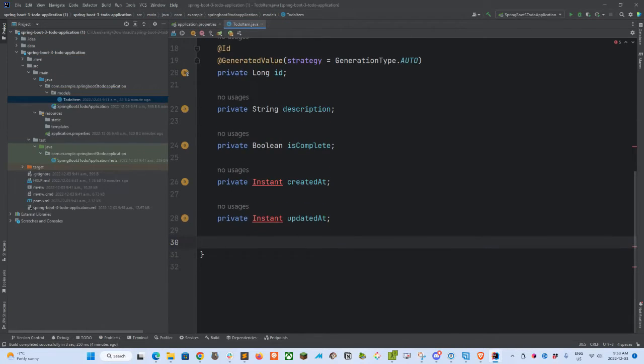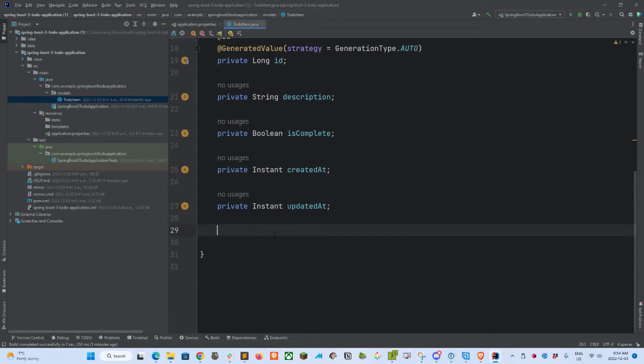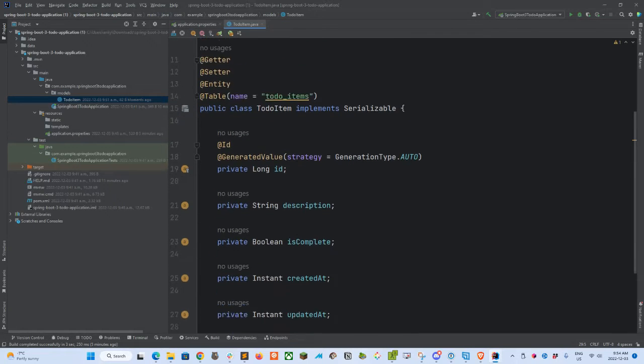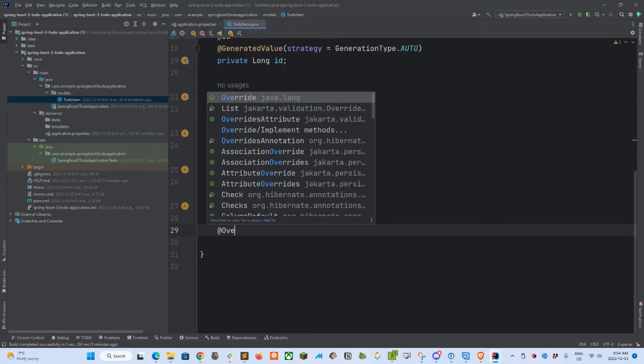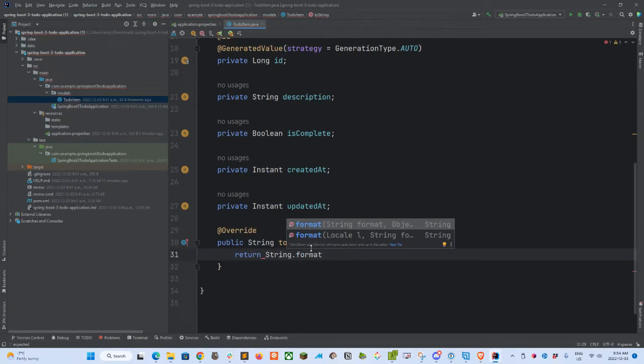Okay, and then what we're going to need to do is, because we're implementing the Serializable Java interface, sorry, not class, we're going to define an override here for the toString method, which makes it handier to display our to-do item in our logs coming out. So we're going to return a string format of to-do item ID equals %d,